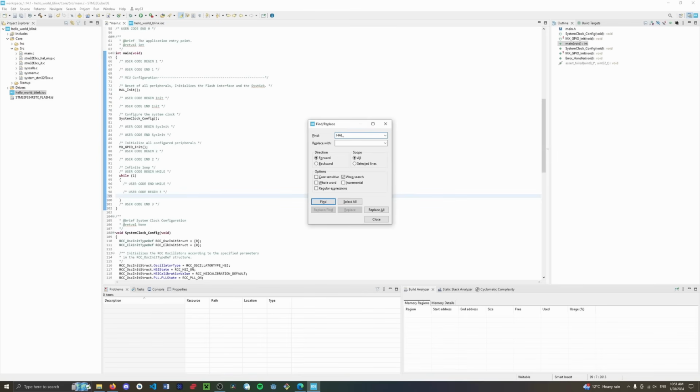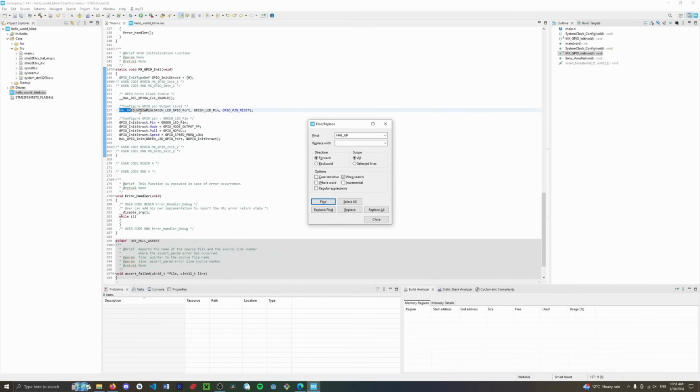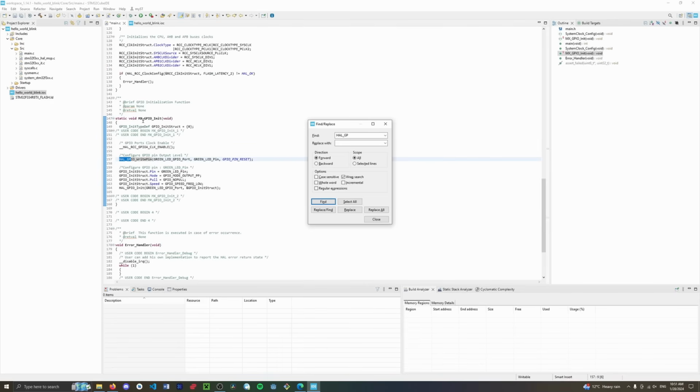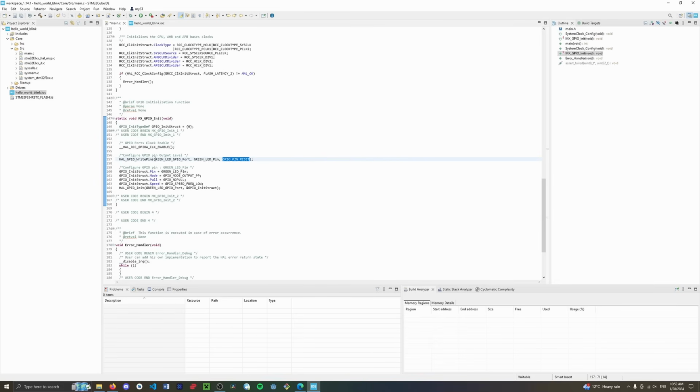what I did to get that up there is Control Shift F, and then if you type in HAL GP and hit find, you should see this. This initializes the GPIO, and then this just resets it. It says GPIO pin reset, which is basically setting it low, so it turns it off. So if I copy this